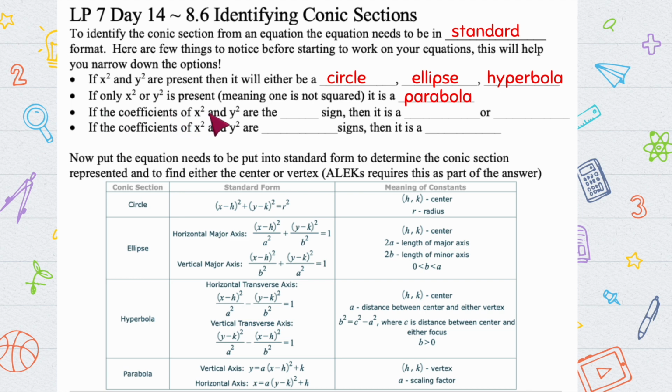If the coefficients of x squared and y squared are the same sign, then it is a circle or ellipse, because same sign, meaning they're both positive, they're going to be coming together, right? They're creating a solid or contained shape. If the coefficients of x squared and y squared are different signs, one's positive, one's negative, then you have a hyperbola, because that's when the two shapes are moving away from each other. Okay,